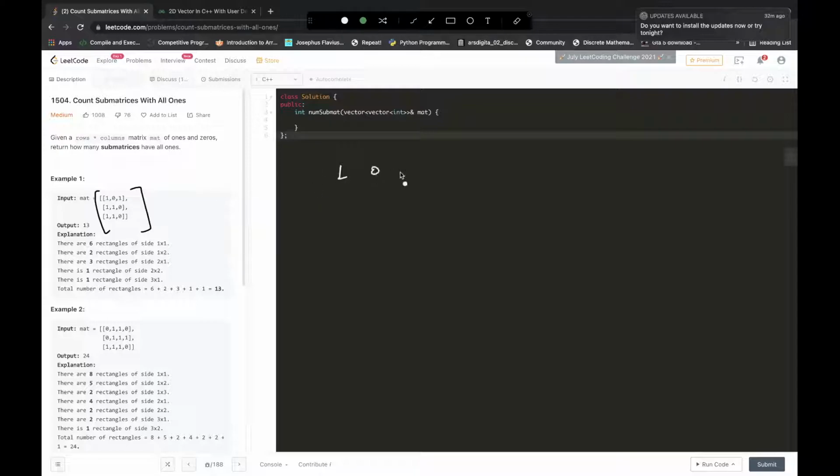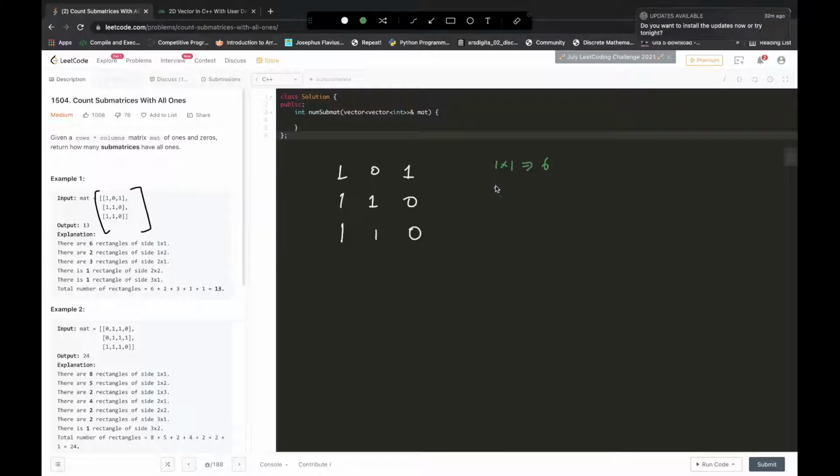So we have an input matrix of 1 0 1, 1 1 0 and then 1 1 0 again. So how many rectangles are there? Let's count. If we count 1 cross 1 rectangles, how many are there? We have one this, one this, one this and this. So total 6 rectangles of 1 cross 1.